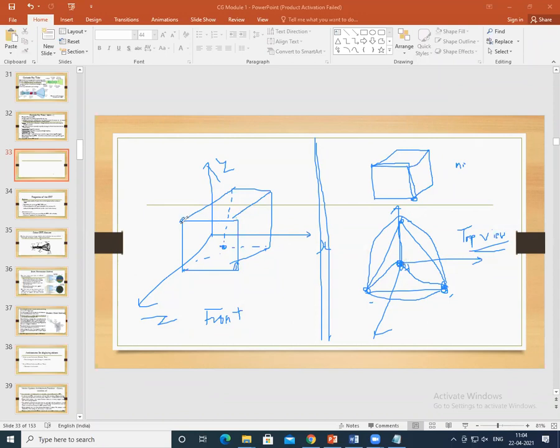Similarly, in this case, the four vertices on the front face are nearby, and hence they are positive z. The rest of the four vertices are far, and hence they are negative z. The rest of the thing you could manage to understand along the x coordinate and y coordinate scales. So still a lot of theory to be studied.